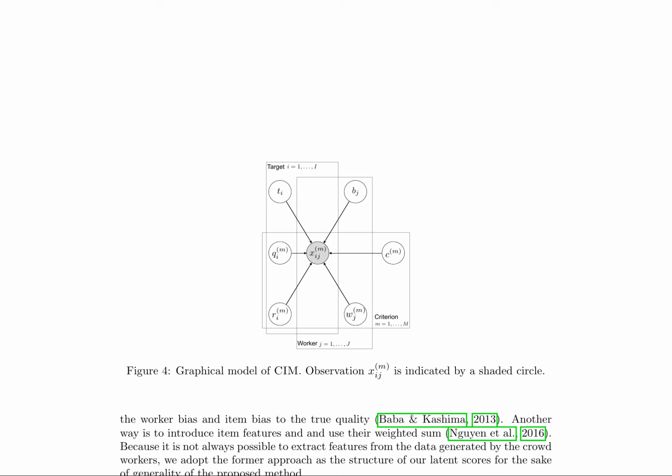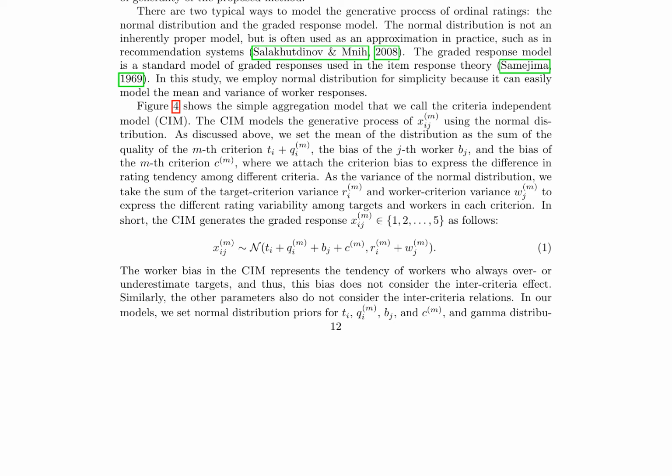The paper presents the criteria-independent model, CIM, a statistical approach to aggregate ordinal ratings from crowdworkers. This model considers worker bias, item bias, and their interactions, employing a normal distribution for simplicity. It does not account for inter-criteria effects, focusing on worker and item biases separately. The CIM's generative process is illustrated in Figure 4, which demonstrates how it generates graded responses based on worker and